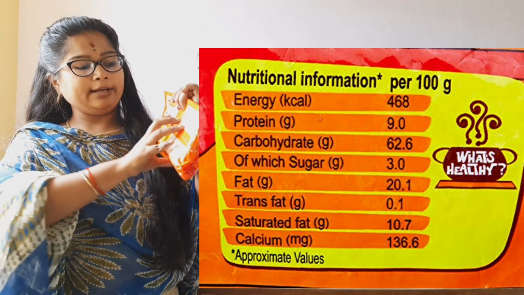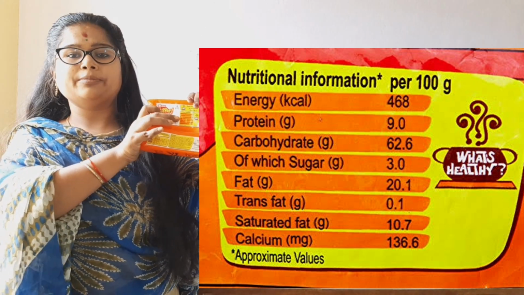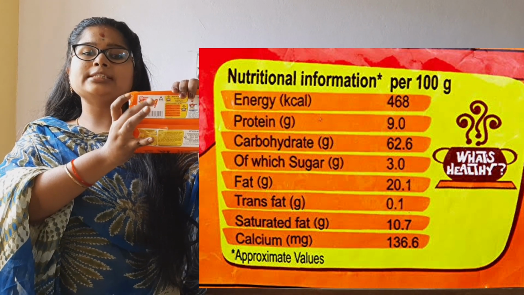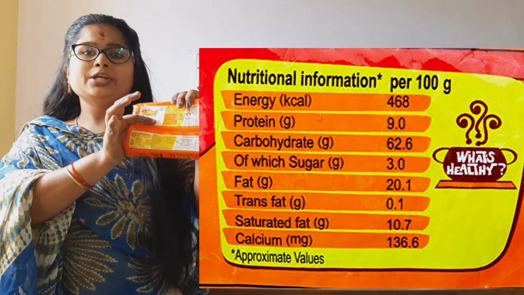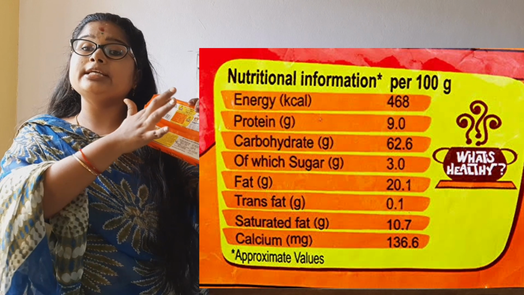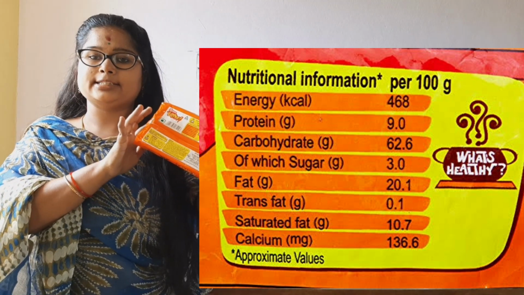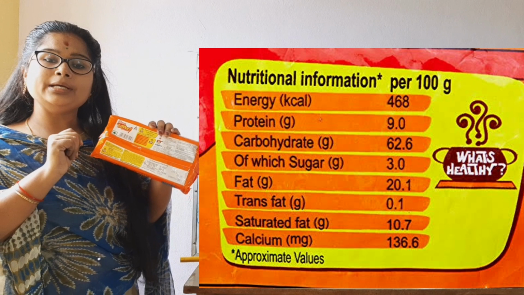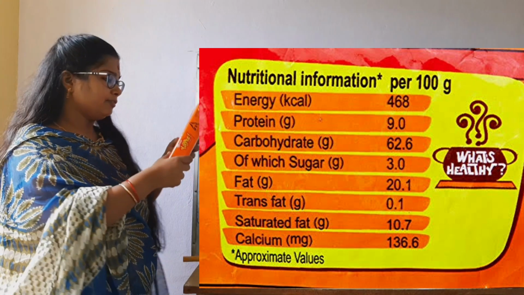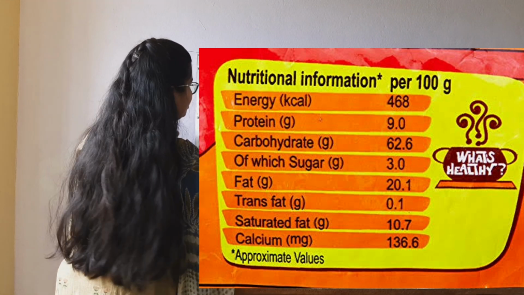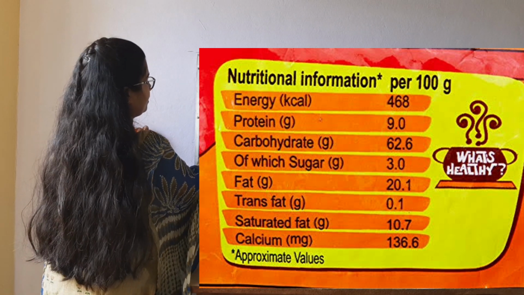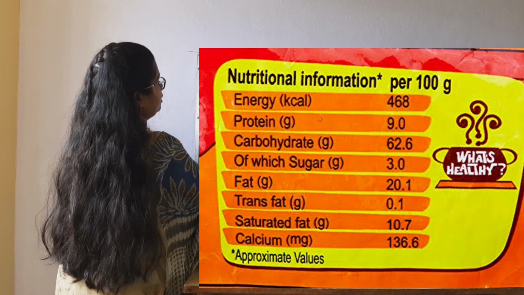Here they have given nutrition information. So what is there in the nutrition information? You are going to write. It means by eating this packet, these are the nutrients you are going to get. Got it? Why do they indicate this? These are the nutrients which are added in this. So let's see what our first one is: Yippee noodles.